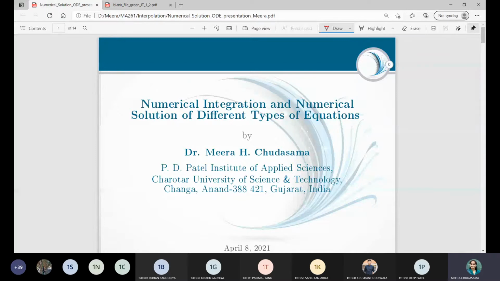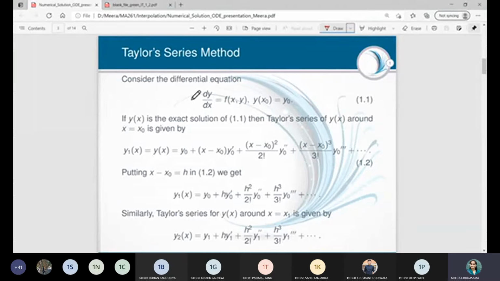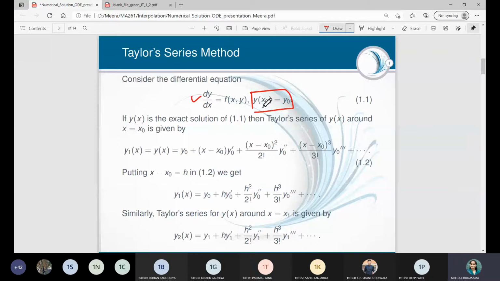We have seen that suppose this is the first order differential equation together with the initial condition you are given. At that time we can consider the first approximation by choosing x0 to x1. Suppose step size is h, then the first approximation is given in terms of x0 and y0. It is y0 plus h y0 dash plus h square by 2 factorial y0 double dash and so on. So we have used the Taylor series expansion to approximate the solution, where we have assumed that y of x is a solution of the given problem, right?